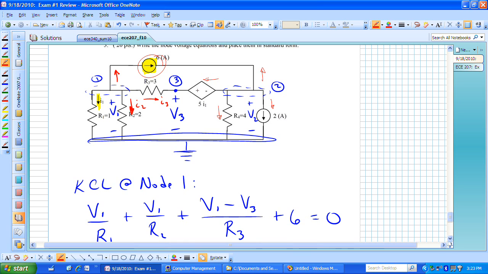And that particular current is not what we want. Well, it is what we want, but we do not know what the current through that particular dependent voltage source is, and because of that, let's say, you know what, we can't write KCL directly at that particular node 2. We actually have to do a supernode and enclose that dependent source inside the supernode and write KCL relative to that supernode,